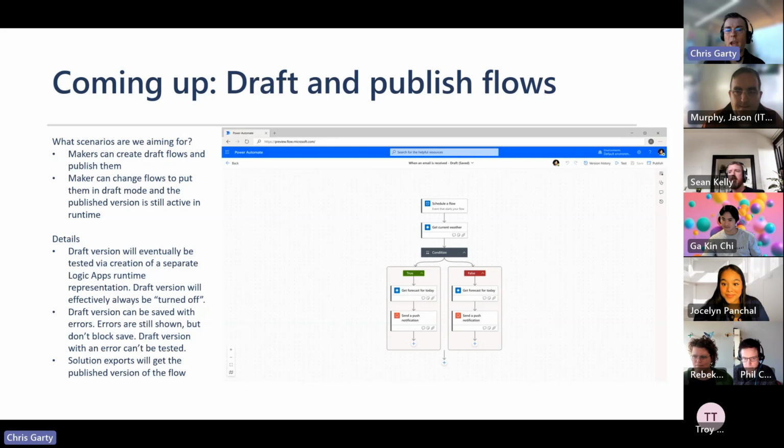We're actively working on this support right now. The support is being added into Dataverse using the component state capability. So we're excited to be working on this with the Dataverse team. The draft version of a flow will always be turned off, and the published version of the flow will be the one that end users see. And when you're ready to publish the draft flow,